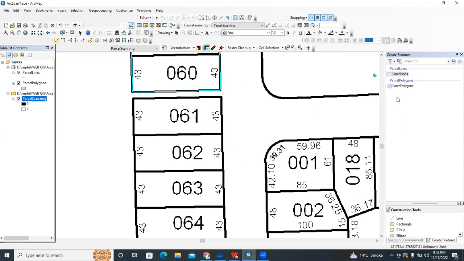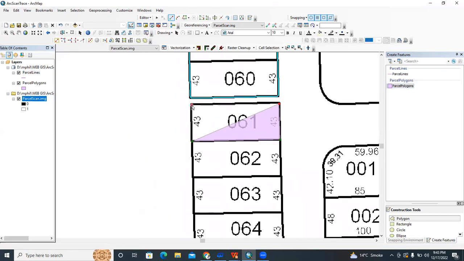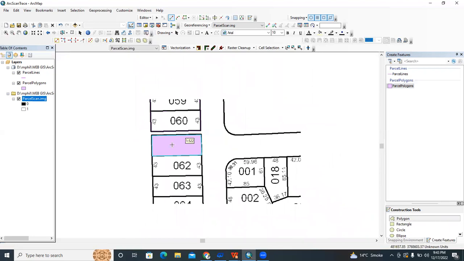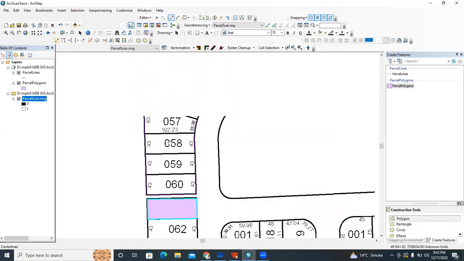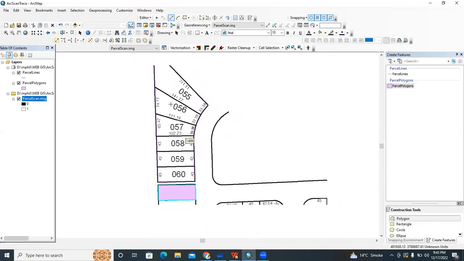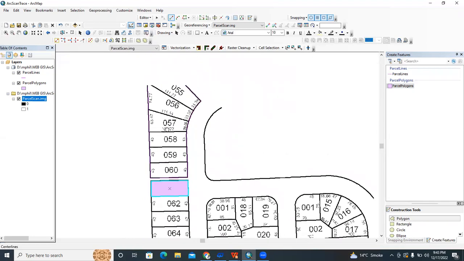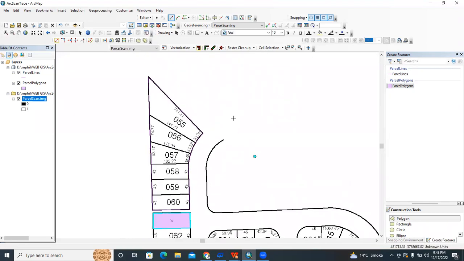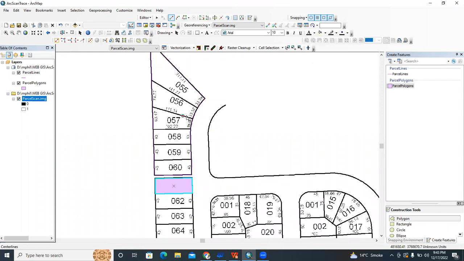And then I am going to click on this parcel polygons and the create features, and starting to create a polygon. And I have created a polygon over here by the trace polygon option, and created this feature by the trace line option.